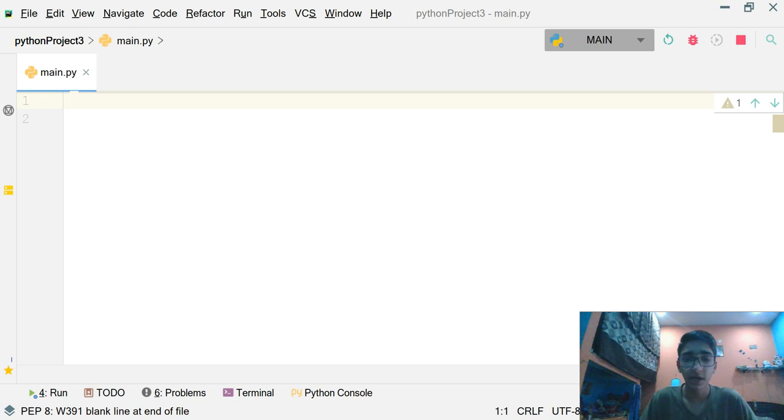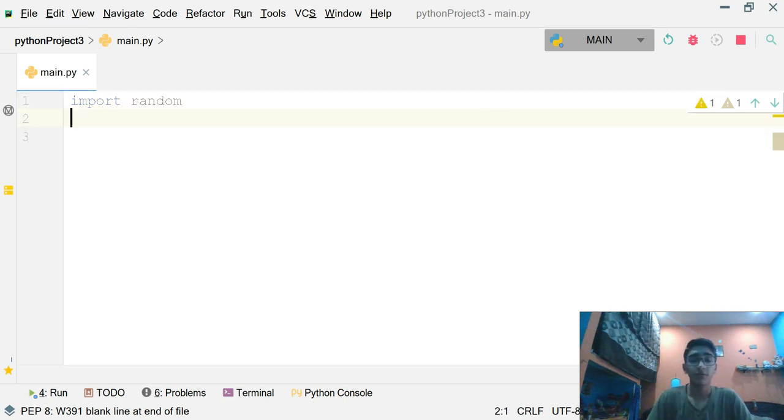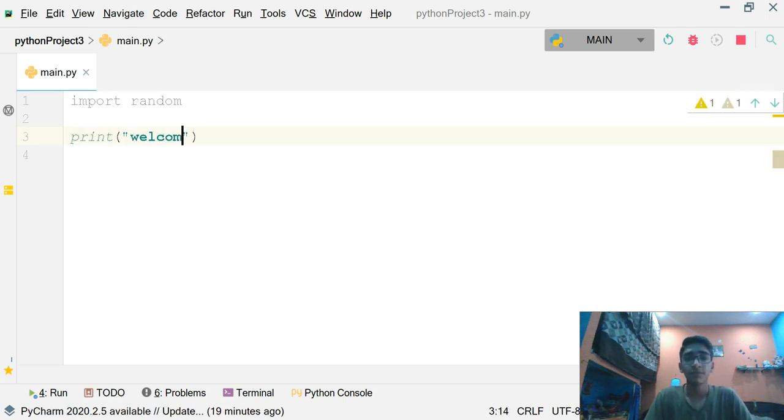So let's start off. Now we are going to make a game. Firstly, I want to import the random module. I'll tell you later why I'm importing this. Then we'll type a print statement, welcome to our game.